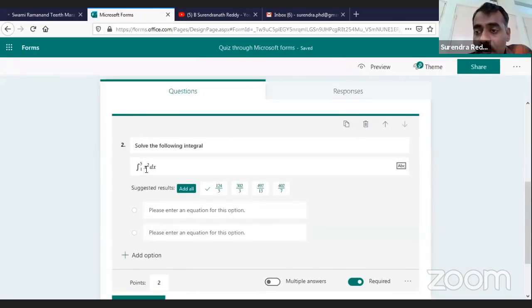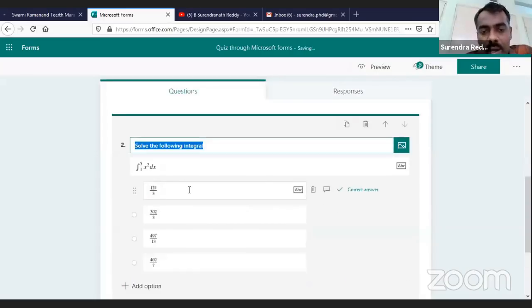And one interesting thing is, it automatically calculates that and shows different values. It also mentions here, this is the correct answer. So it is doing mathematics for us. You know that Microsoft has an app where, if you want to solve any mathematical equation, if you write that or copy an image, it will show the answer. So they have integrated that here. If you type any equation or anything in mathematics which is solvable, it automatically solves and gives the answer, and also mentions which is the correct answer. So you click add all, and obviously the correct answer is also selected automatically.